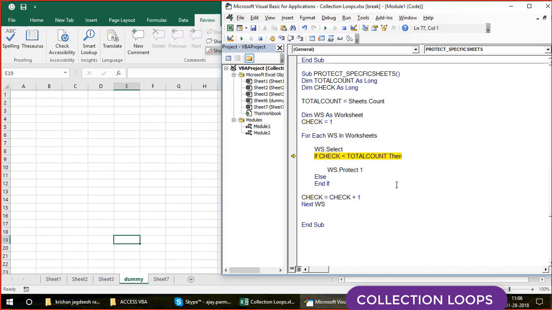Now finally you are on the dummy. Is it going to be protected? Yes, because 4 is still less than 5. You have the dummy protected now. And finally when you have the last sheet, this will not work. You can see that